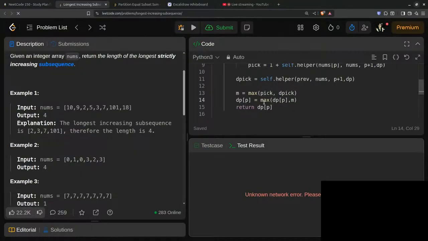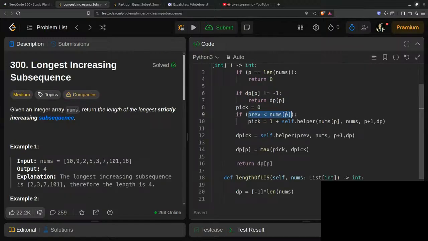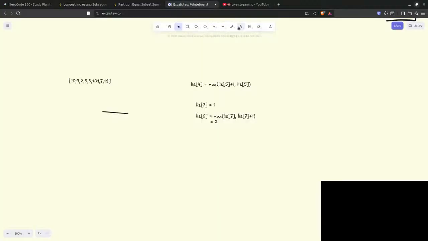Because pick will be 0 if previous is less than speed. See, that's where the problem is. Let's say, let's say,